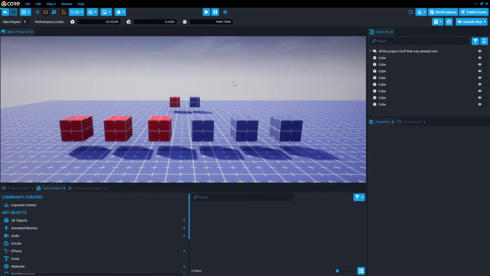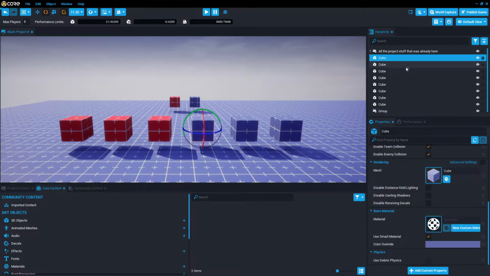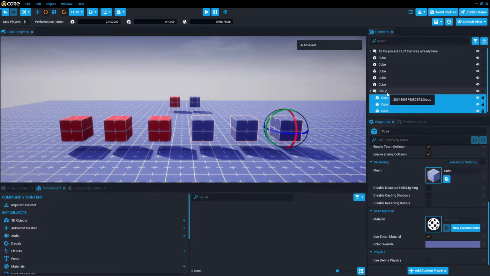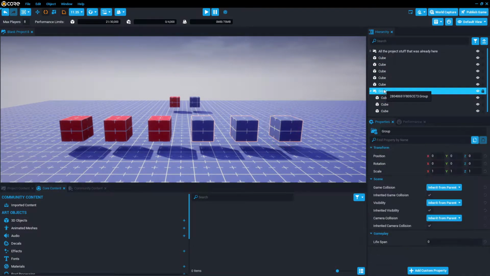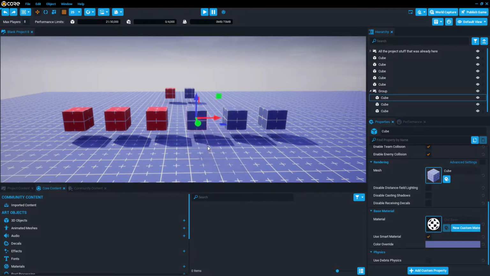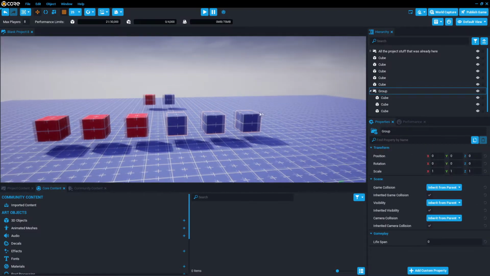So for example, we have our project with quite a few cubes in here, and you can see it in the hierarchy. So we're going to right-click the hierarchy and press New Group. We're going to select a couple of these cubes. I'm multiple selecting by clicking and then holding Shift and clicking somewhere else in the hierarchy. Then I'm dragging and dropping it into the group, and now they are children of that group folder. So now instead of moving these cubes one by one individually, I can select the group and then